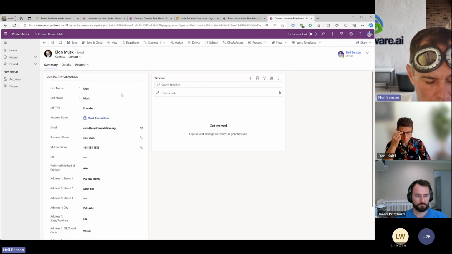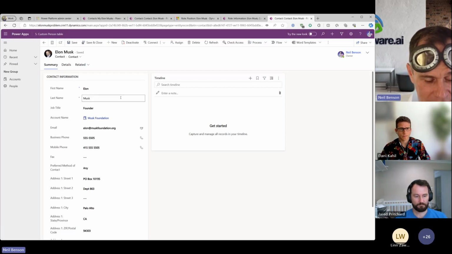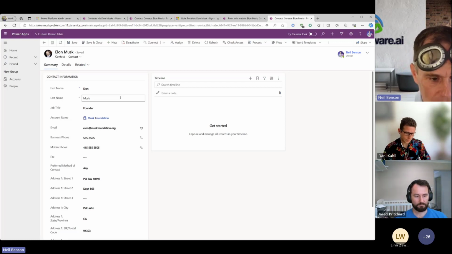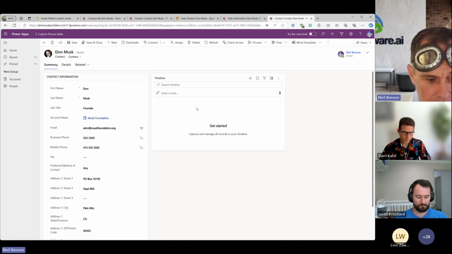We probably need to do some additional custom development or configuration work to get some of those roll-ups of activities or opportunities and cases and child records up to the person records. So we get that more holistic view of the person. But I don't think any of that is beyond a decent development team, if you've got some budget in order to do that. Nice thing about it, it preserves the standard use of the contact table.